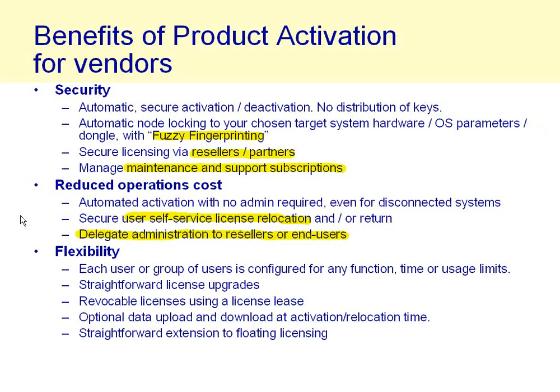In terms of flexibility, we'll talk more about license limit setting a bit later on, but you can control a number of different parameters: how your product functions are set up, time limits, usage limits, and so forth. License upgrades are straightforward to administer. Say somebody buys a one-year license or has a 30-day trial license and then renews for a year, you would just change the license limits in the server. They would do the activation again for that new limit to take effect.